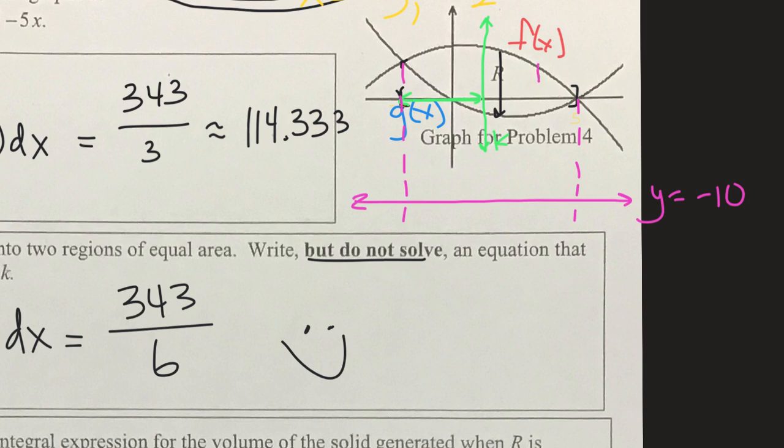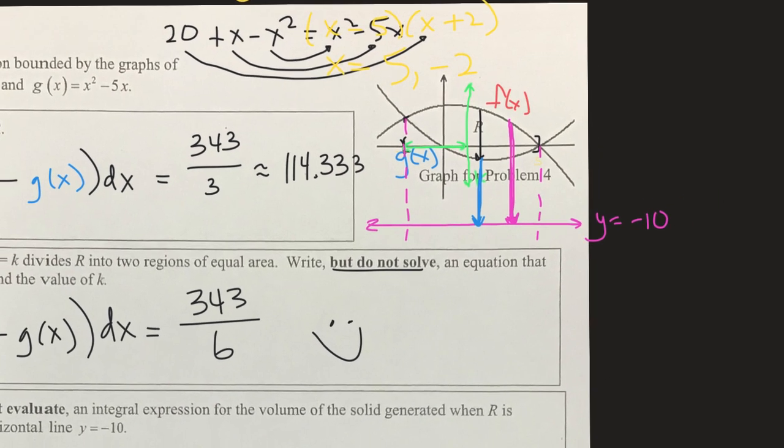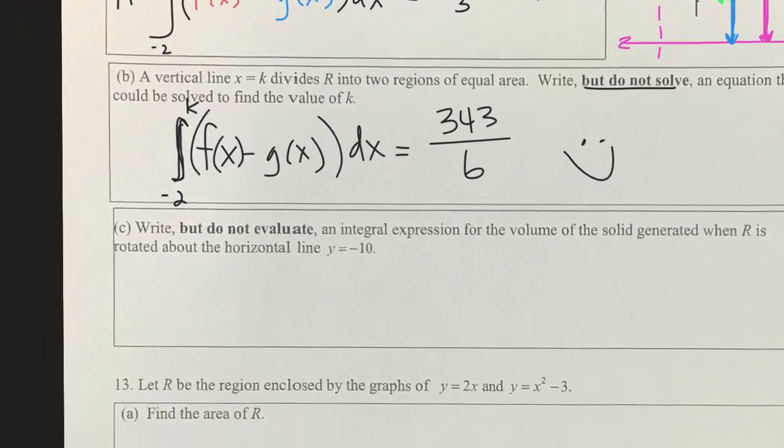We have the radius from our outer function to your axis of rotation. Okay, and then we have the second radius, right? So we have the outer radius that creates the shell, and we have the inner radius that creates the open space of whatever this three-dimensional solid is going to look like. So the function farther from y equals -10,